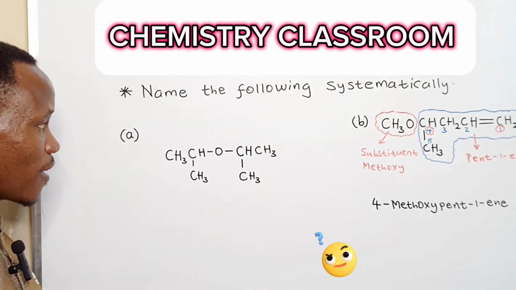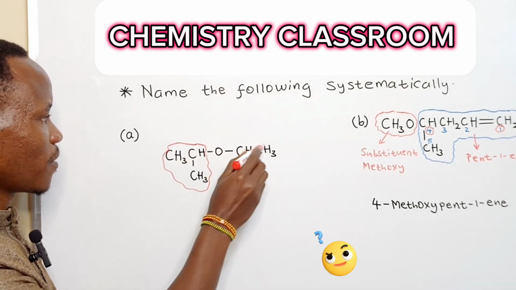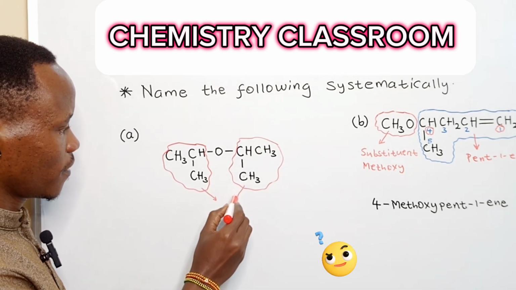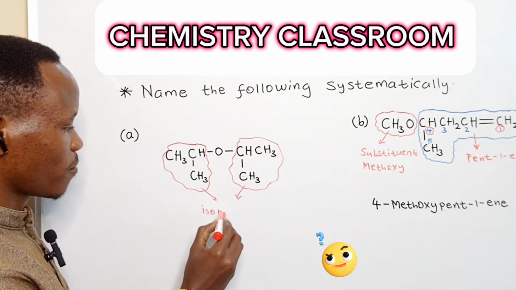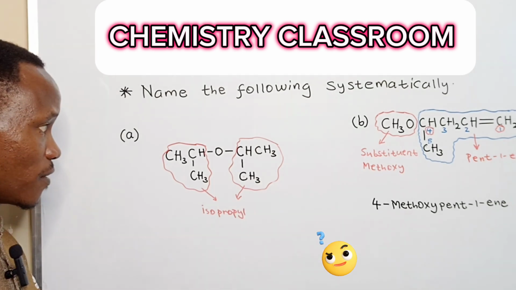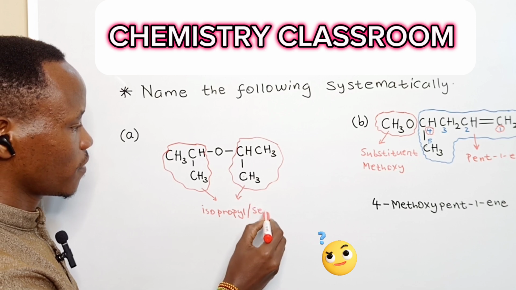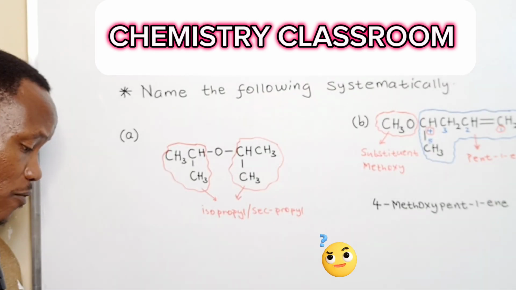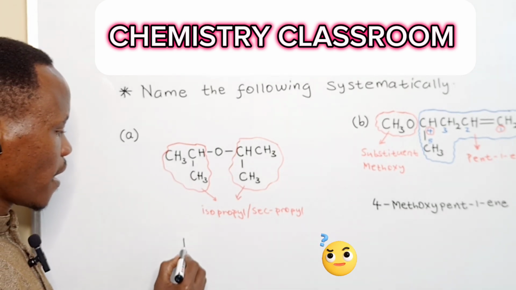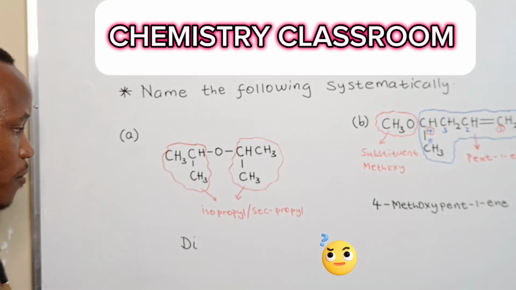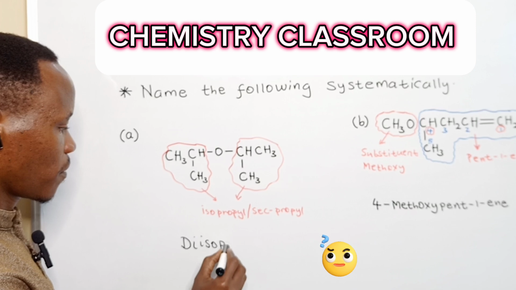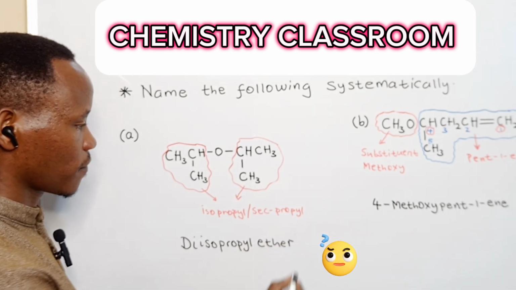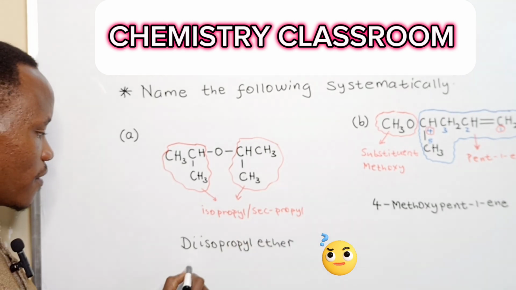Now, going to our first question, part A, remember I changed the order, realize we do have two similar alkyl groups on our compound. This one and this one are the same, and each of them is an isopropyl group. So each of them is isopropyl. We also call this one secondary propyl in our previous work. So therefore, without wasting time, we can now write the name of our compound here as di, why di? Because there are two similar groups, isopropyl followed by the word ether. We could also use the alternative as di